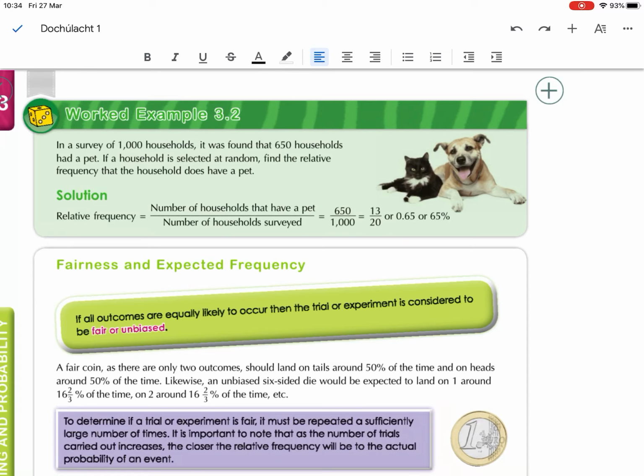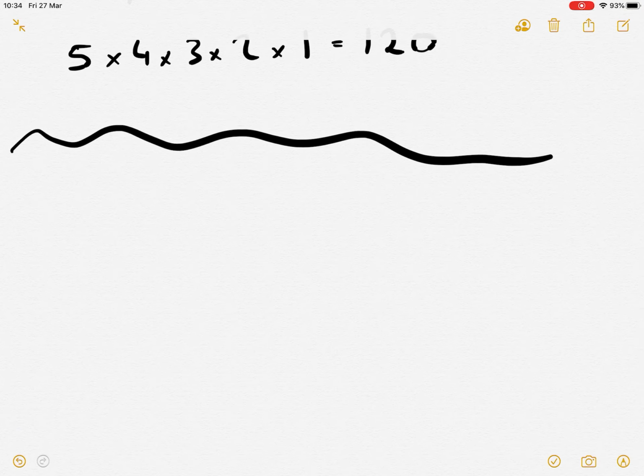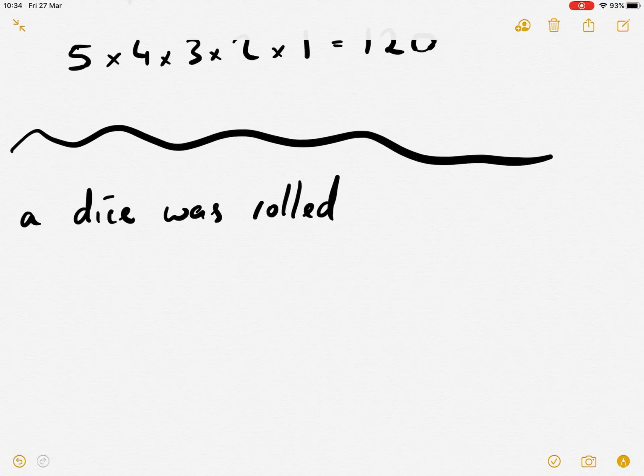So there are going to be some questions on relative frequency. You'll see those in the exercise at the end of this. I'll just go back to another relative frequency one there for a second. So I'm going to say a dice was rolled 180 times. So I rolled the dice 180 times, and the number